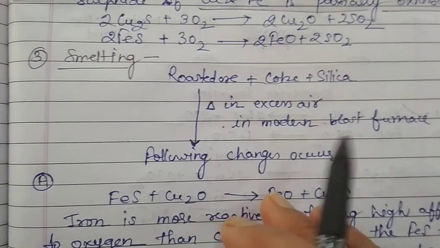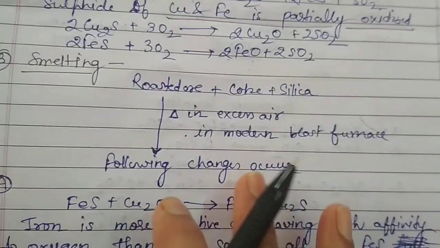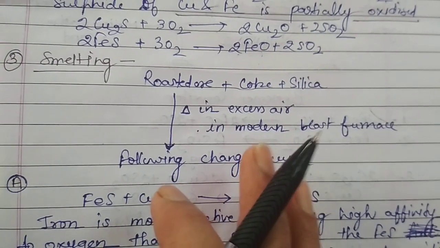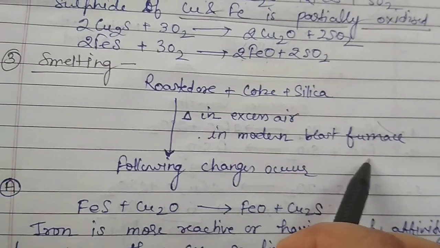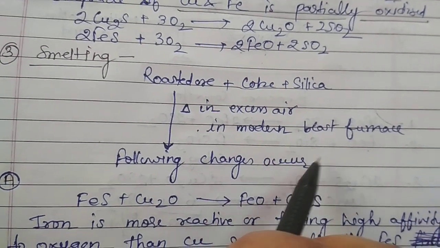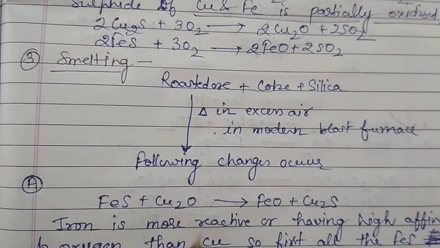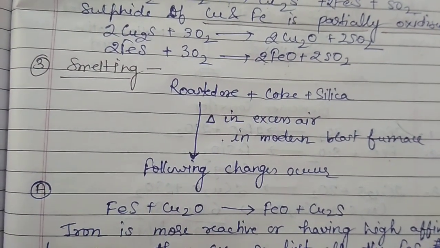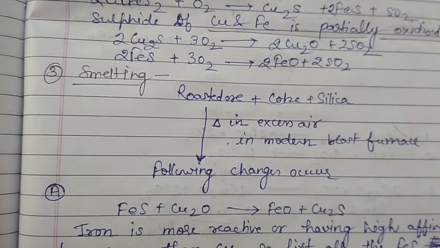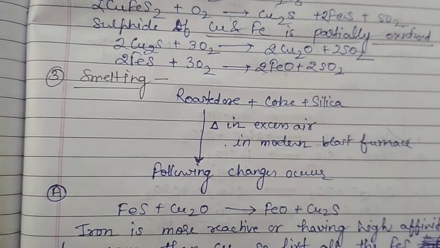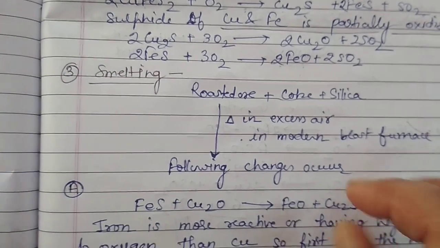So it is not very important. You would not be asked for the diagram of the blast furnace, the Mordaunt blast furnace. You can only tell that the Mordaunt blast furnace is around 15 to 20 feet in height, having fire bricks inside the furnace and an outermost water jacket throughout, and a waste gas outlet is also there near the charging door.